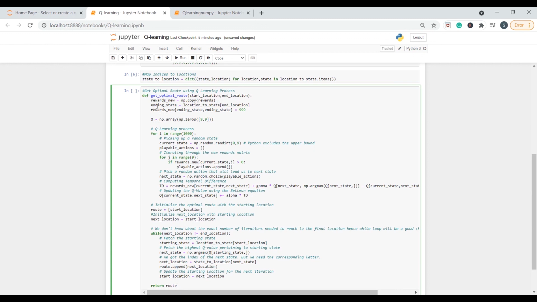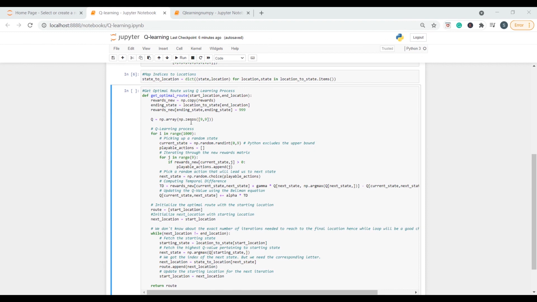Next, we need to get the ending state corresponding to the ending location, and with this information we will automatically set the priority of the given ending state to the highest one, 999. So we initialize the Q values to be 0, and in the Q-learning process,